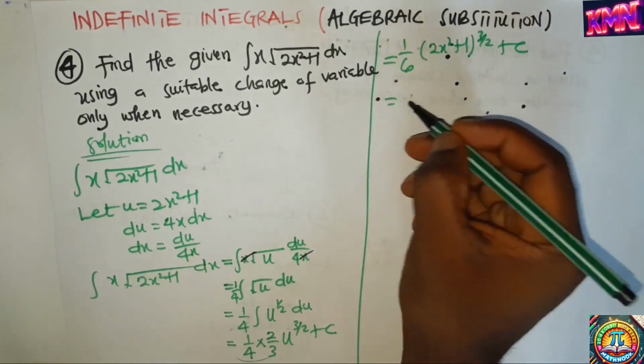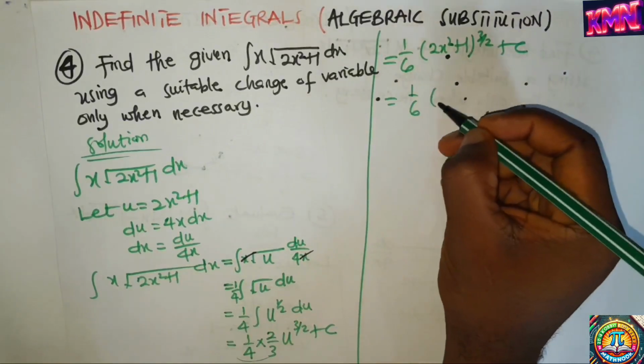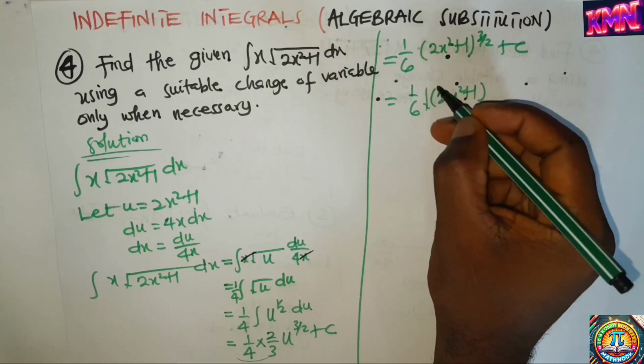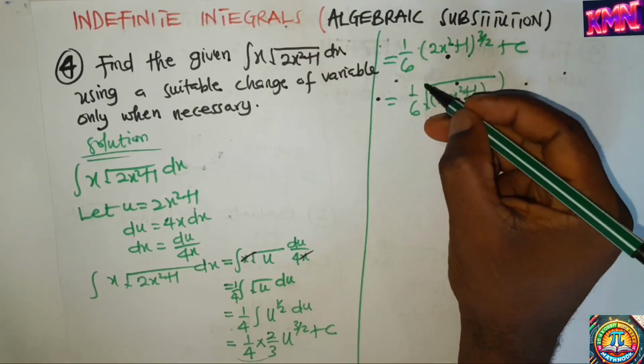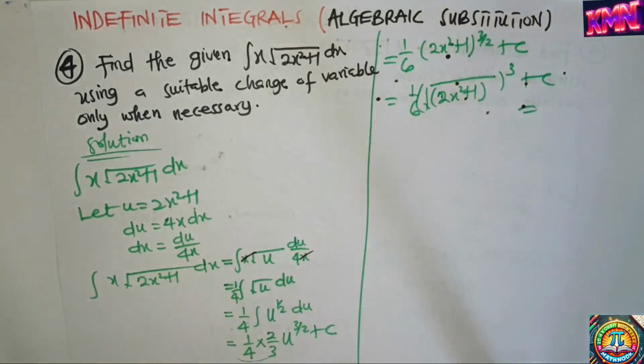You can go further to make it in the form of root, and that will give us 1 on 6 of the square root of 2x squared plus 1, cubed, plus c. And that's the answer. Our next problem,